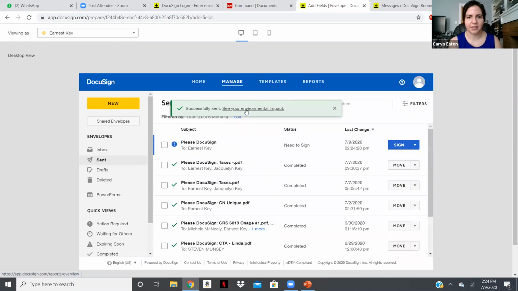And go send later. And then you can track